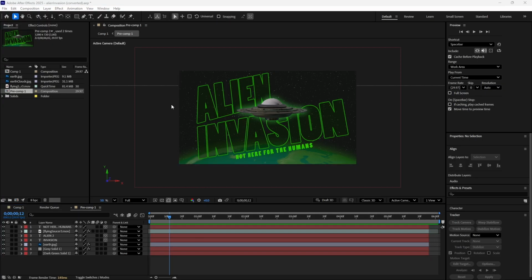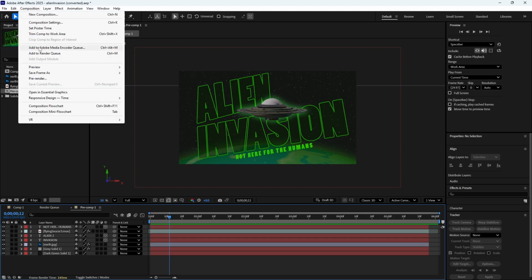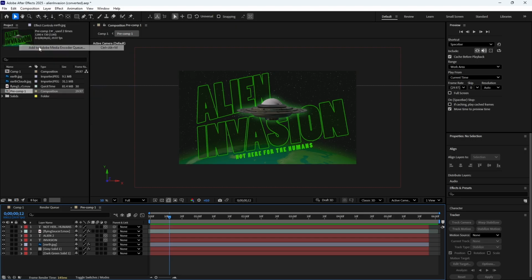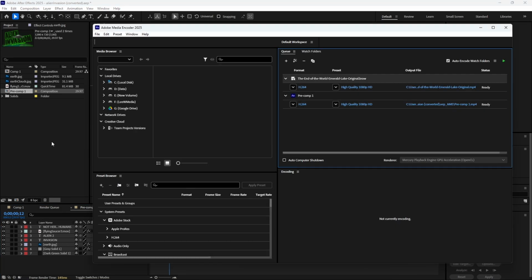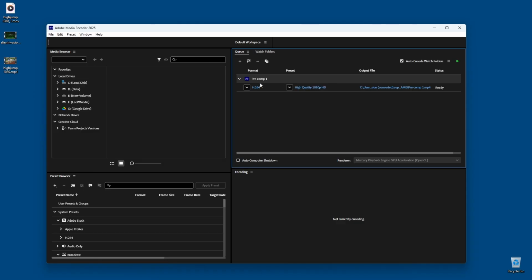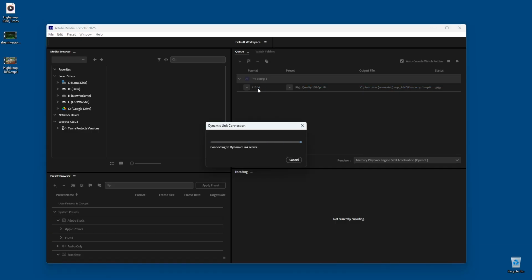If you want to use Adobe Media Encoder to render out your composition, make sure that you have that composition selected, and then go to Composition, and you can add to Adobe Media Encoder queue. That's going to take a moment. It's going to open up Adobe Media Encoder and add that to its list. So the Media Encoder has opened up and it's added that composition to the queue. The format has defaulted to H.264, so if you want to change that, you can click here,